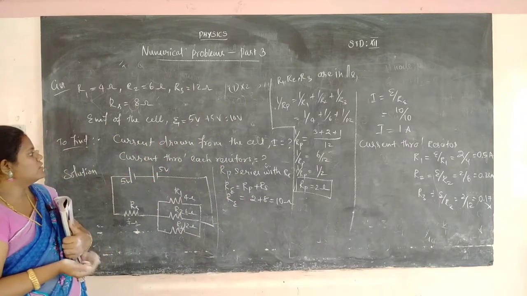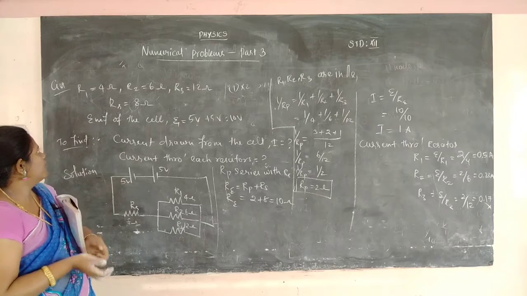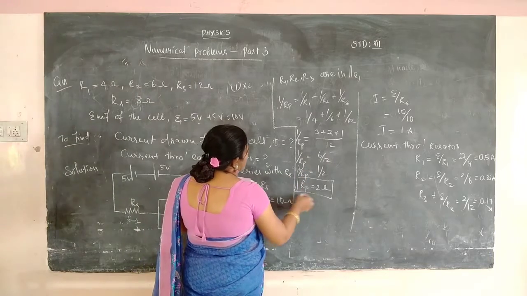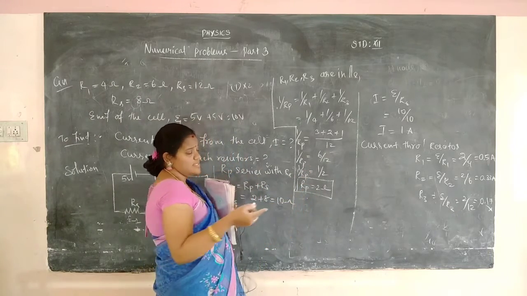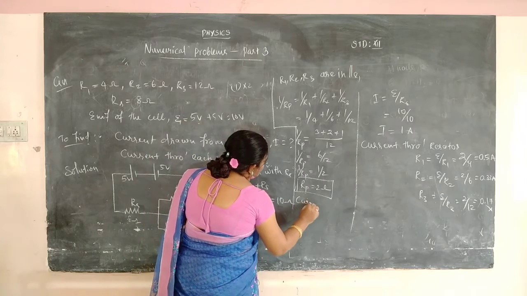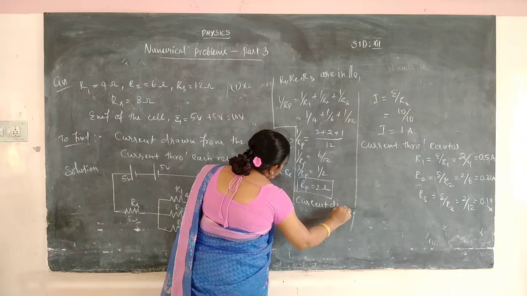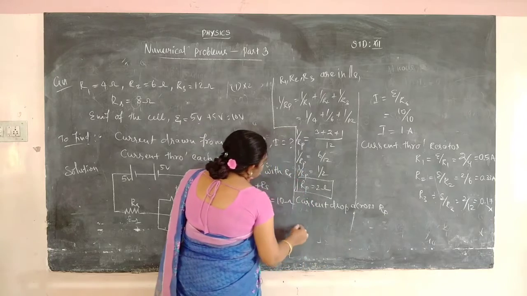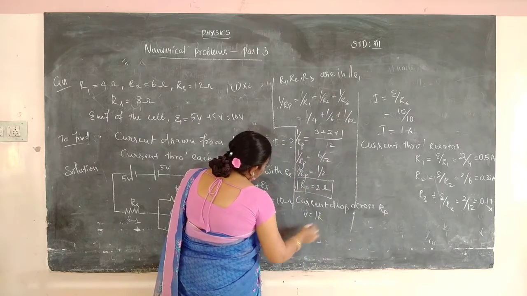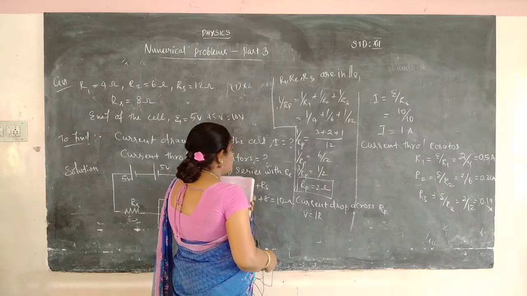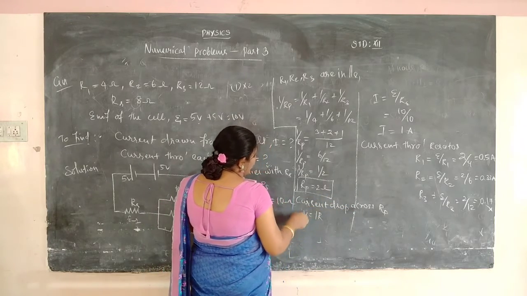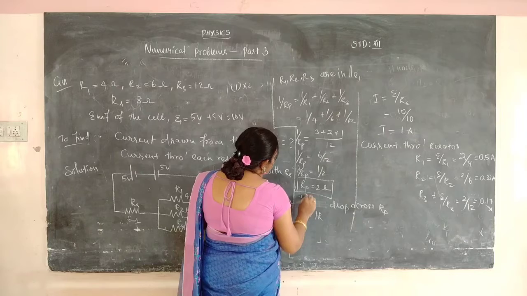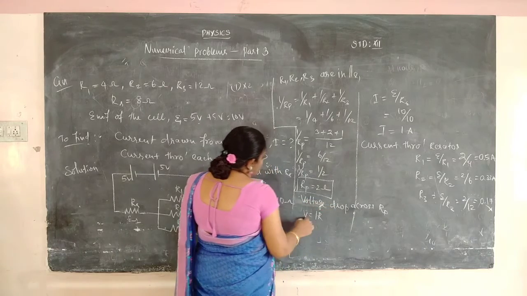How much current flows through each resistor? It is easy to find the voltage value. The three resistances are connected in parallel, so the voltage drops across the parallel resistance. The drop across the effective resistance RP: actually the formula is V is equal to IR. So we need the voltage. To calculate the voltage drop across the resistance, V is equal to IR.